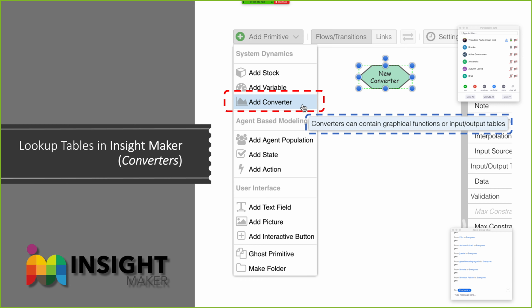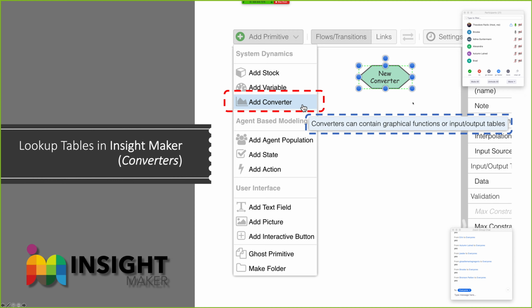And it turns out we can do all this in Insight Maker. So that's what we're about to see as well. And it's arguably a little easier in Insight Maker. All right, so in Insight Maker, under the primitives, we've got this add converter, which is underneath add variable, and it creates this different shaped object, and it's purely for doing these lookup tables. So if we add a converter in,